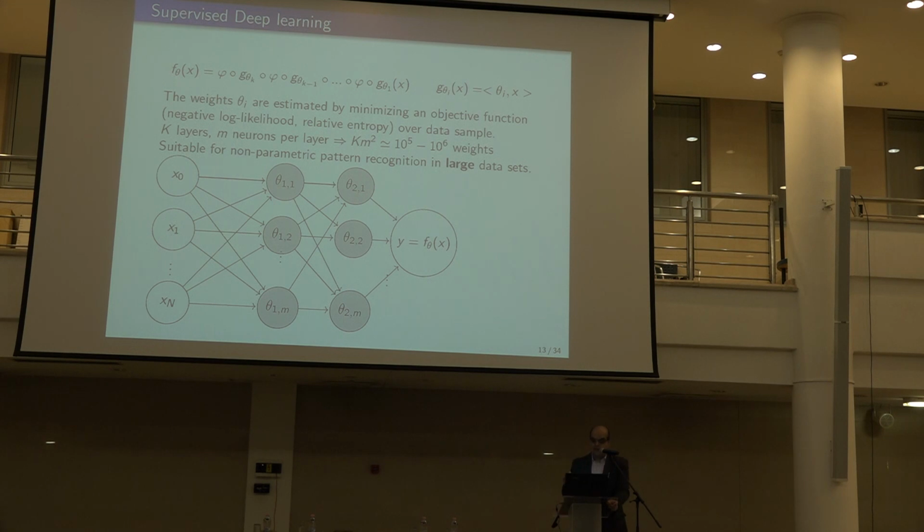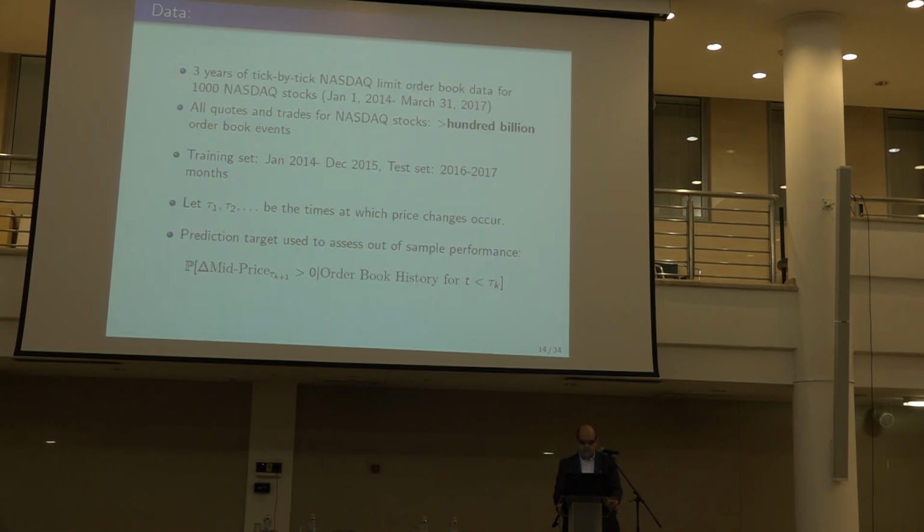But you can see immediately that it only makes sense for very large data sets. If you have 100,000 observations and you have 1,000,000 parameters, well, there's a little problem there. You may overfit very easily. You may be able to fit perfectly in sample, but the extrapolation out of sample may be quite unstable. So you need to have large data sets.